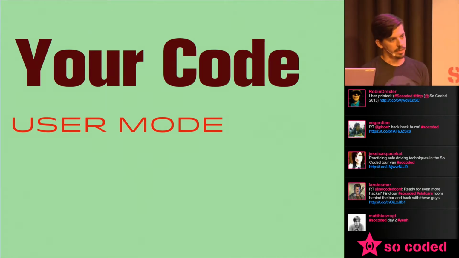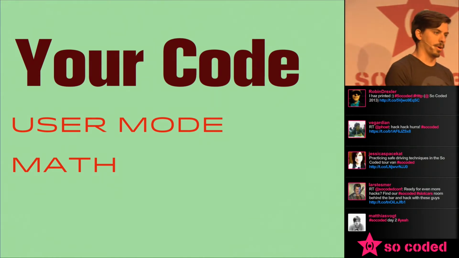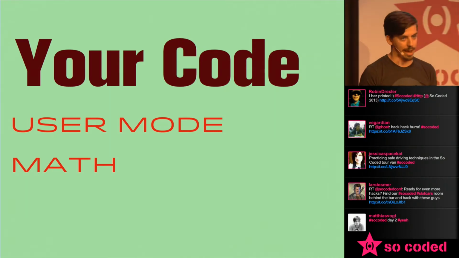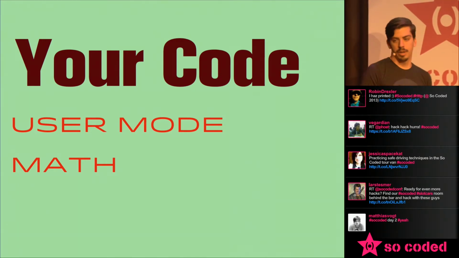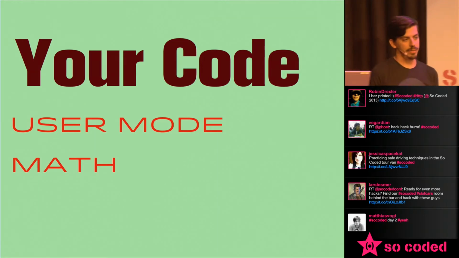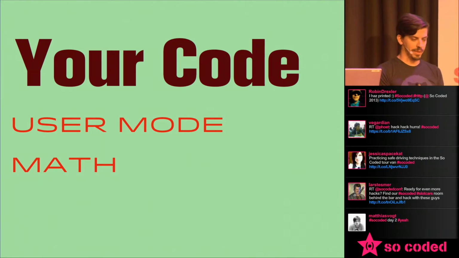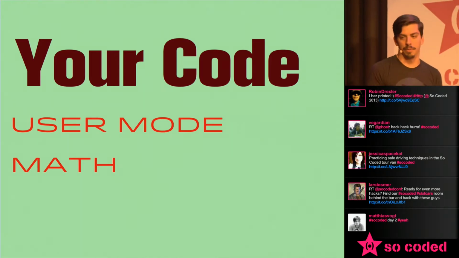So there's kind of two things that I think you can do in user mode. One is what I call math. This is anything that's modifying stuff that you already have access to. This could be as simple as actual arithmetic, where you're adding numbers together, modifying strings, concatenating strings, or doing crypto crazy math, like actual math. But the idea is that you have things already and you're basically just modifying them locally. So you're running commands on the CPU, but you're not getting anything from users or sending anything out, right?